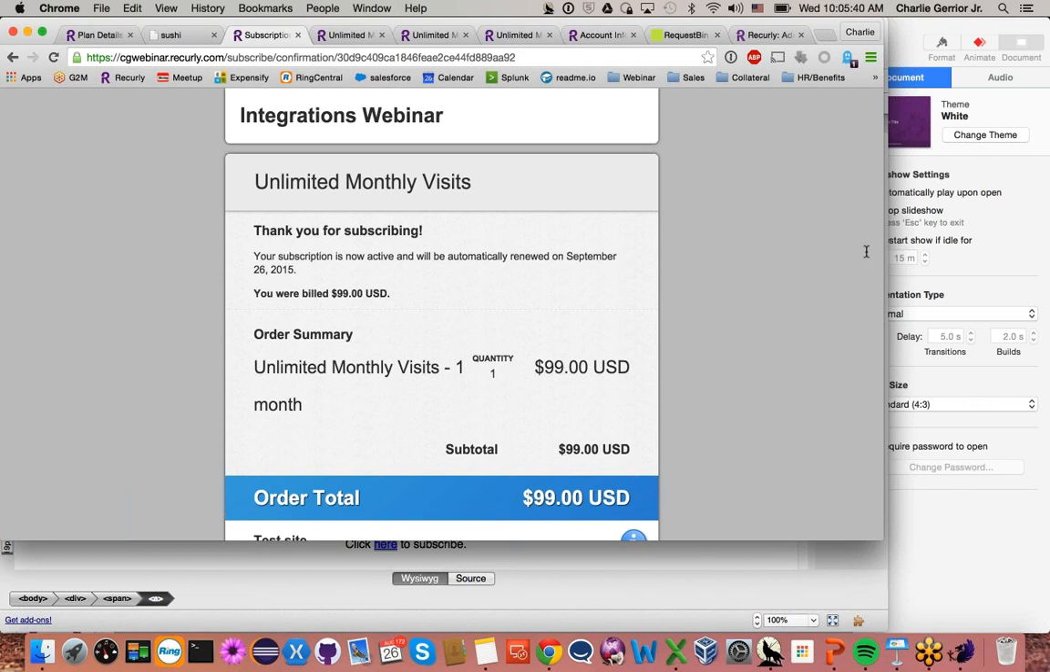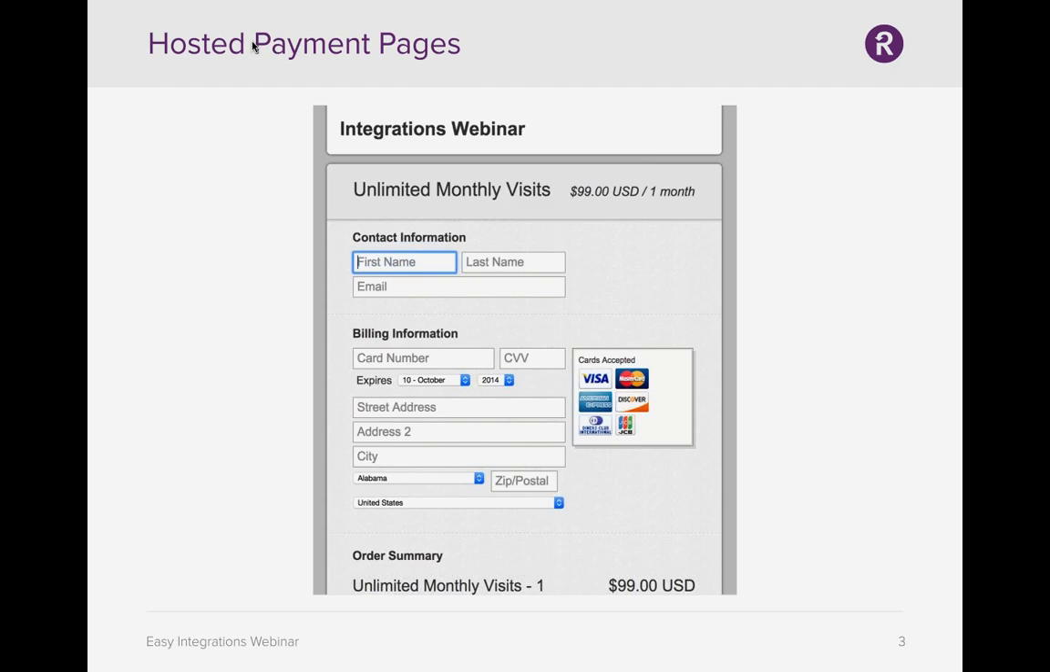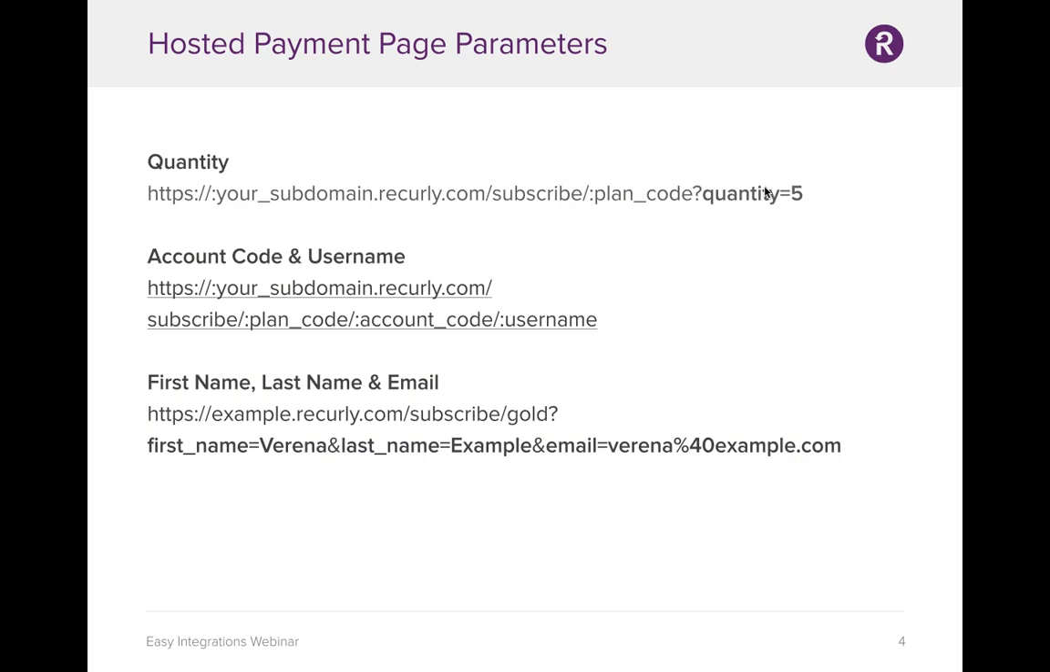The hosted payment pages actually have a number of other parameters that you can use to essentially pre-fill that form on behalf of the customer. So if the customer says that they want a specific quantity, you can simply build the URL so that it pulls in that quantity. If you have a specific scheme that you want to use for the account code and username fields in Recurly, simply append the URL thus, and those will be reflected in the account that's actually created